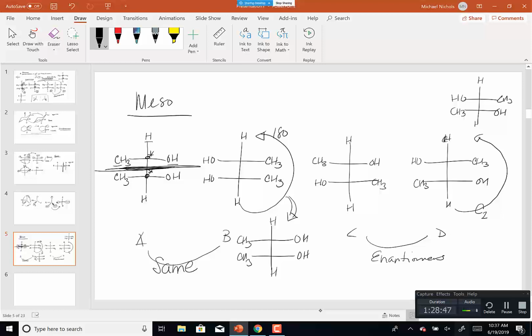So if a molecule is superimposable on its mirror image, it will not rotate plane polarized light, but it still has chiral centers. Now C and D will rotate it, because they're both chiral. They are not superimposable on their mirror images. So actually what we call these four compounds,